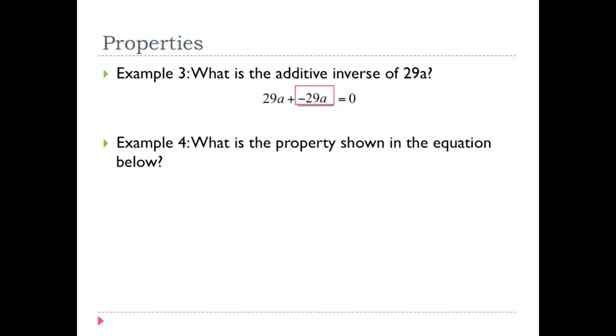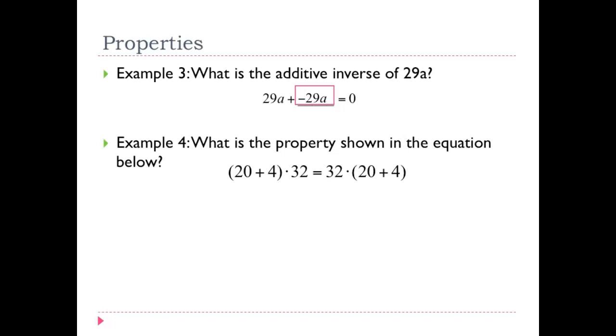All right, example 4. What is the property shown in the equation below? So we have 20 plus 4 times 32 is equal to 32 times 20 plus 4. Now, although you see the parentheses there, this is actually not showing the distributive property because we actually haven't distributed the 32 to the 20 and to the 4. If you look more closely, you'll notice that really what we've done is we've changed the order of the numbers